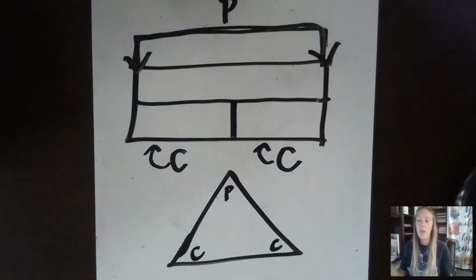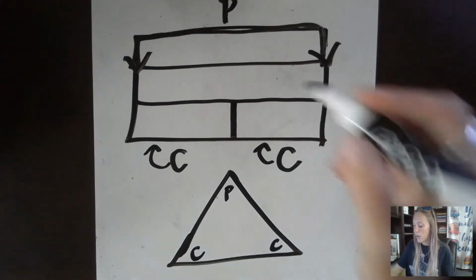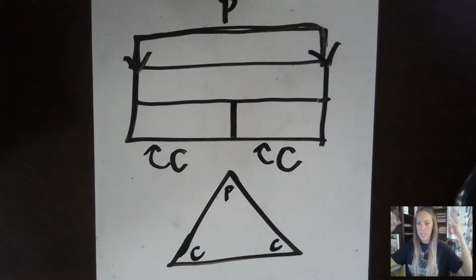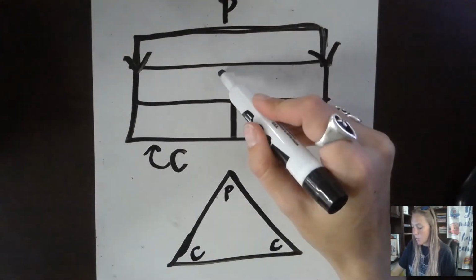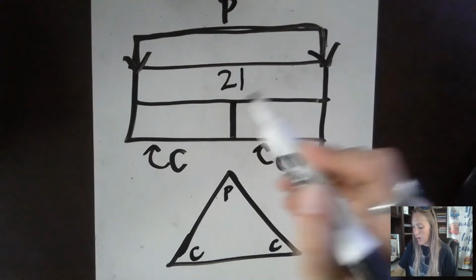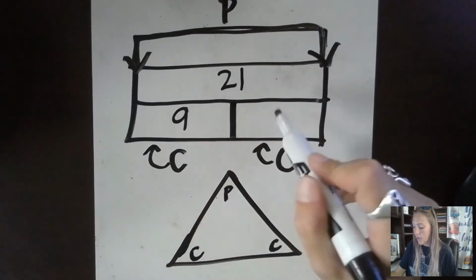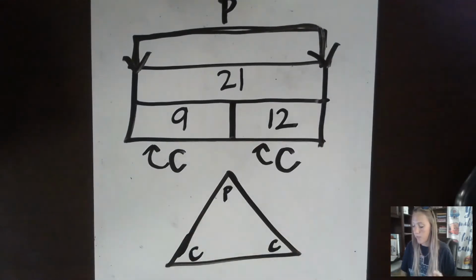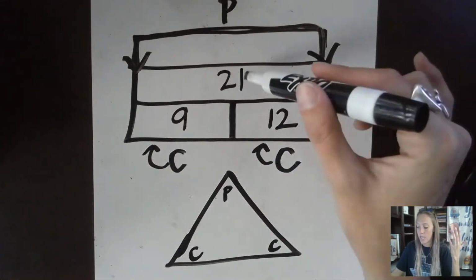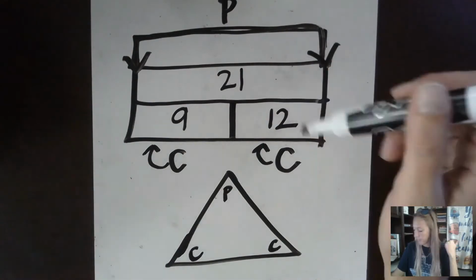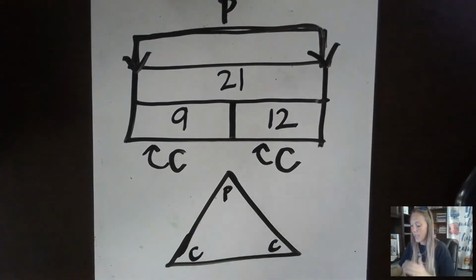Okay, so for the number that we did in our morning meeting for Friday, 21 is what we figured out after we added 9 and 12. So 9 and 12 are our children numbers, and 21 is our parent number. Okay, so if I gave you